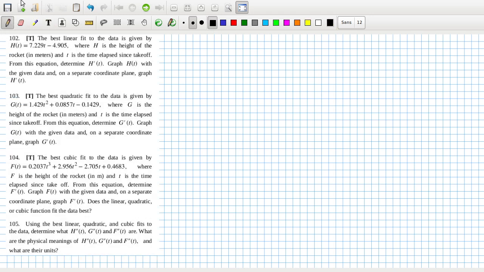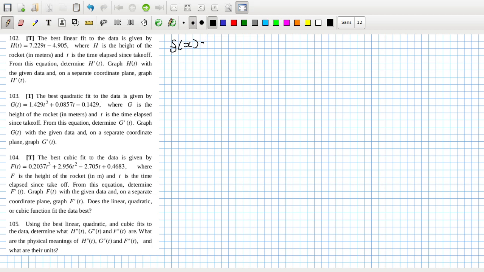So basically, we're just asked to differentiate and graph h and its derivative. So I'll just differentiate this, but I'll just maybe point out how we can quickly differentiate cubics, because a quadratic is a type of cubic with the coefficient as 0 on the square. So like if you just had some generic cubic,